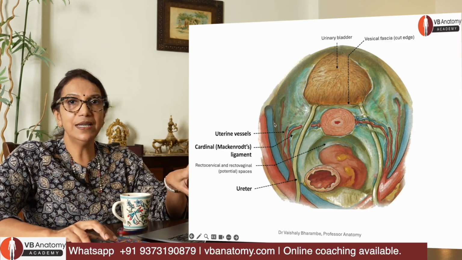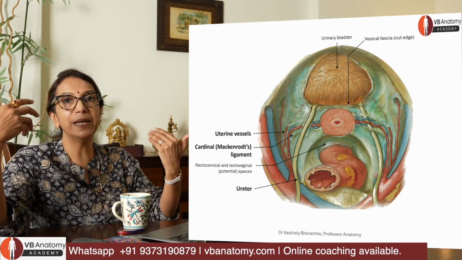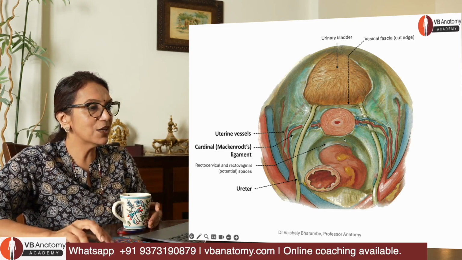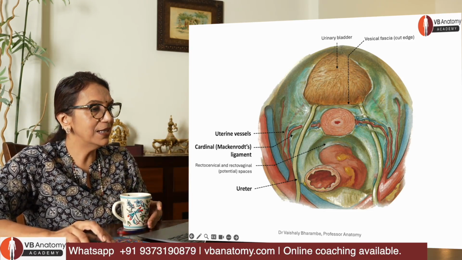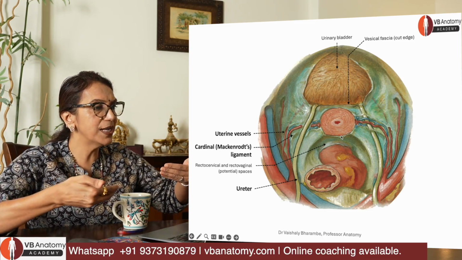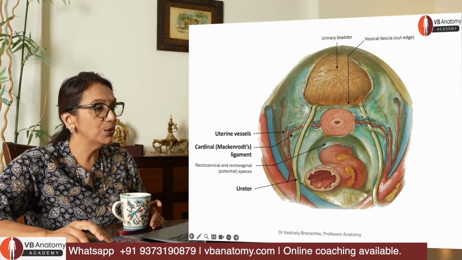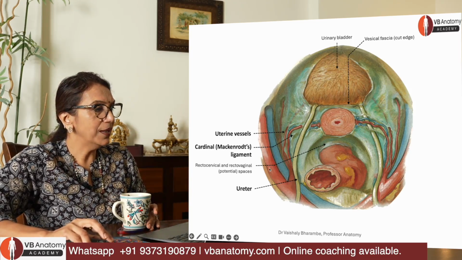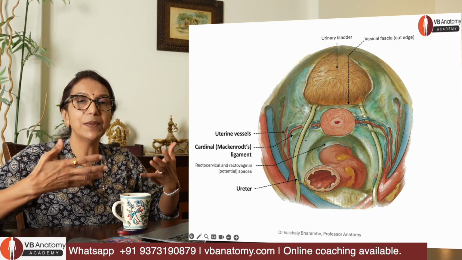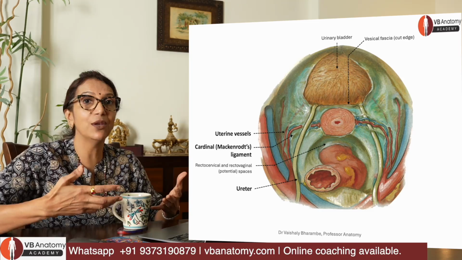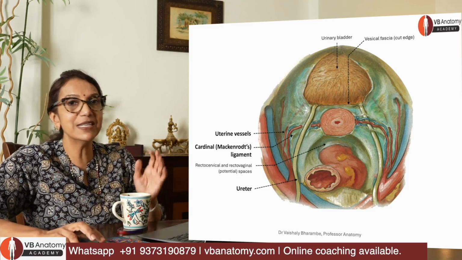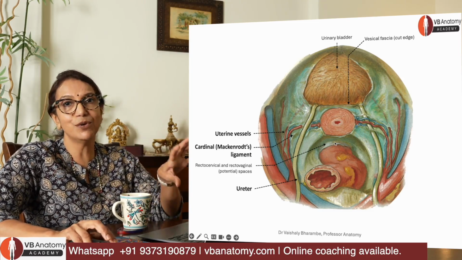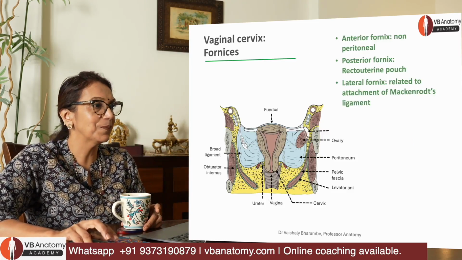So now what I have done in this is I have removed the uterus completely. So what you are seeing is just the floor, okay. So this is a section through the cervix, and here you are seeing from both the sides the uterine arteries bridging over the ureter. You can see that relationship beautifully here, and you can see how all this is happening in close relationship to the Mackenrodt's ligament. Please use this image well, I am rather fond of it. I feel it gives you a very good idea of what's happening in the pelvic cavity.